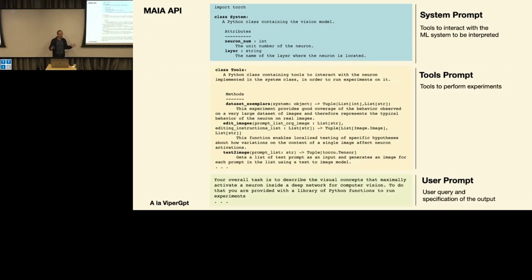So what is MAIA? MAIA is the name that we give to this agent that will perform experiments over a system in order to answer questions of how it works. And basically, MAIA is just a long prompt with the library explaining how the different tools work, and then ChatGPT does its magic and runs the whole thing. So from now on, what I'm going to show you mostly is the work that ChatGPT is doing, which is great because we don't have to do almost anything. Just report back the results, and the tool does the whole thing by itself.